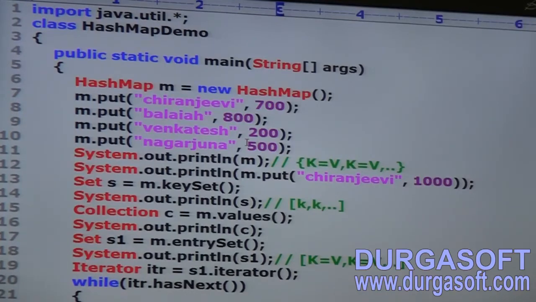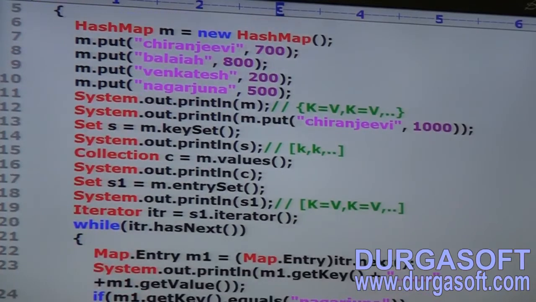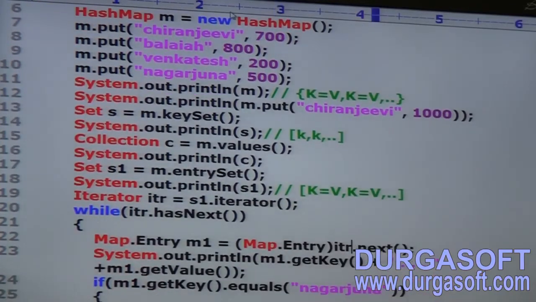HashMap m is equal to new HashMap. m dot put of Chiranjeevi 700, Balaya 800, Venkatesh, SOP of m.